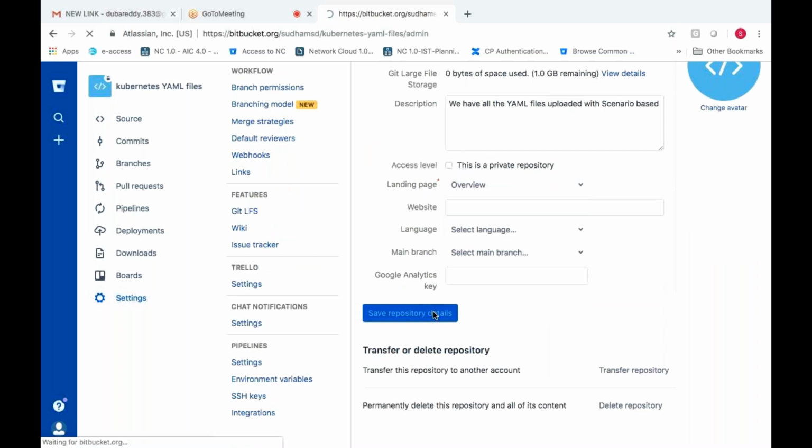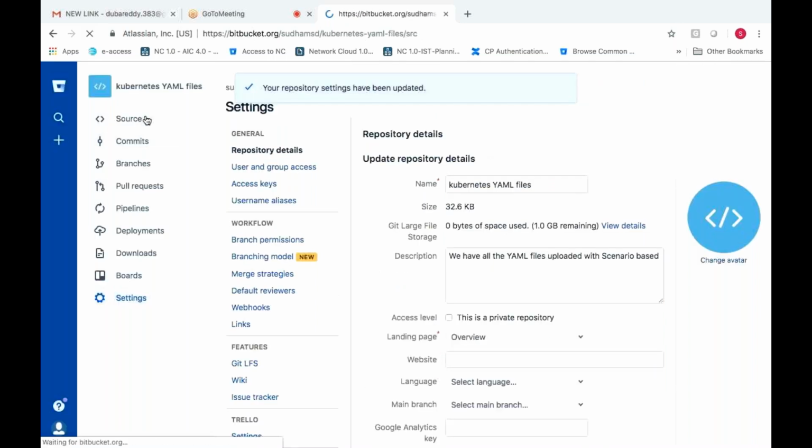Now I need to upload these YAML files to this particular repository.